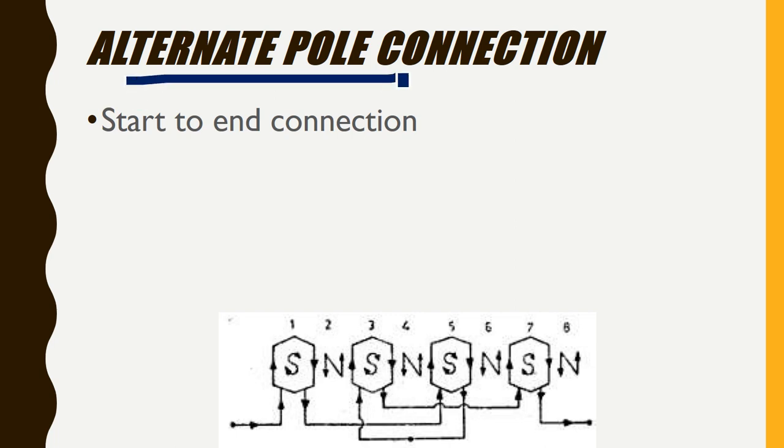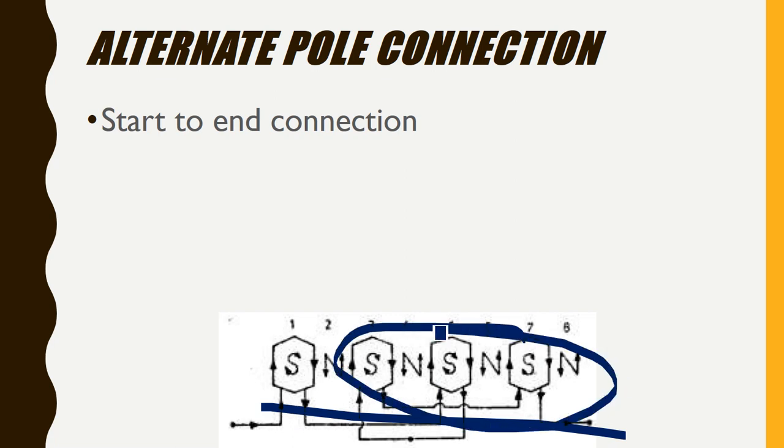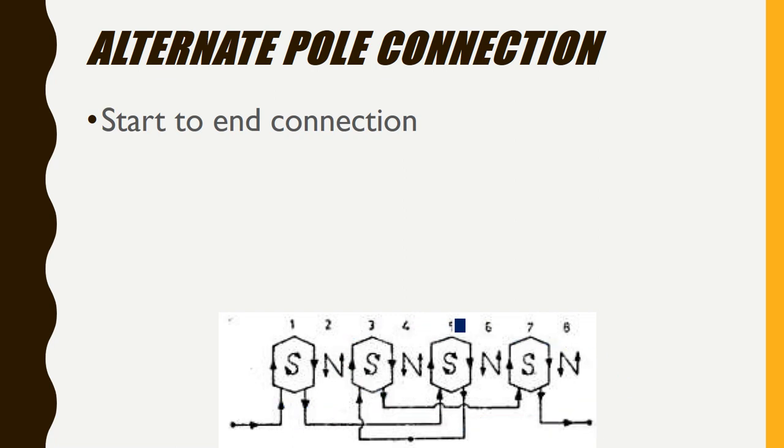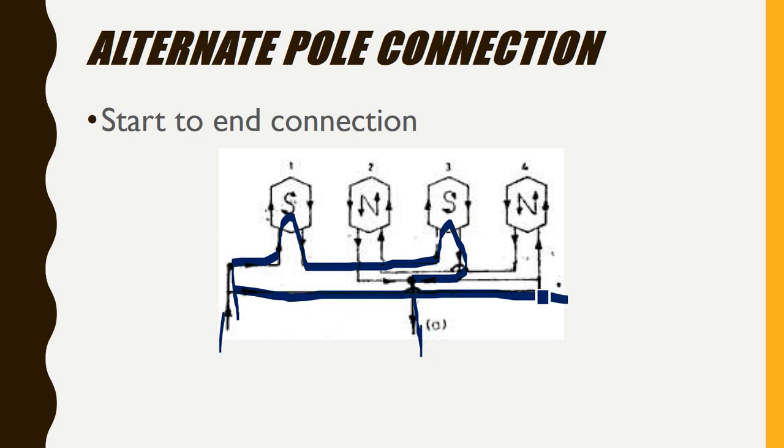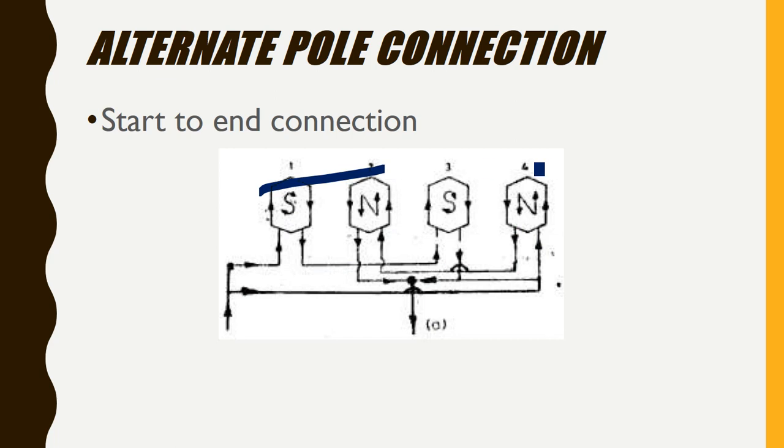And in alternate pole connection, how is it done? Start to end connection. Let us see. This is start, this is end. End is connected to alternate start. So end to start connection or start to end connection. And if it is all connected in series, it is creating 8 poles. If you are going back, the same items can be connected in parallel like this, it is coming back and going out this way. So this is main incoming, main outgoing. This again will be going out to the next set, it will be coming like this and coming back. So the set remains 4 poles only. So this is the use of alternate pole connection, and in alternate pole connection you remember start to end or end to start.